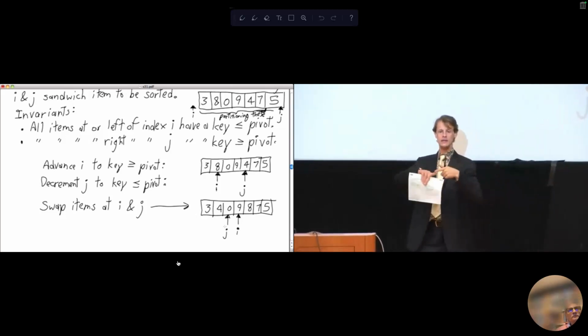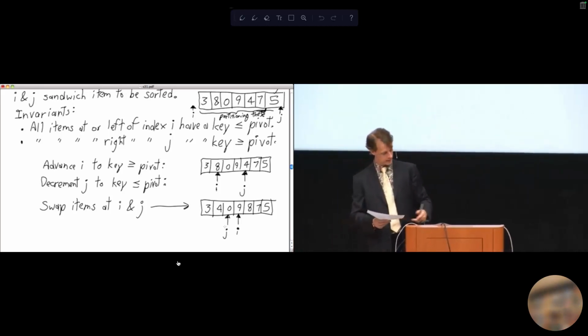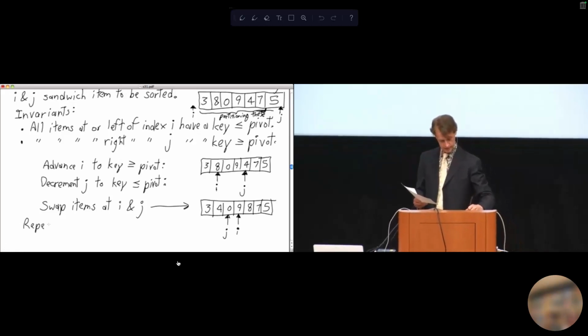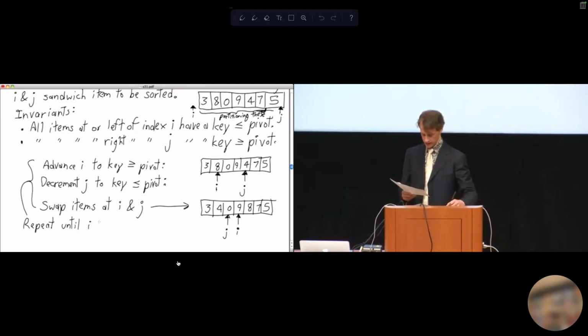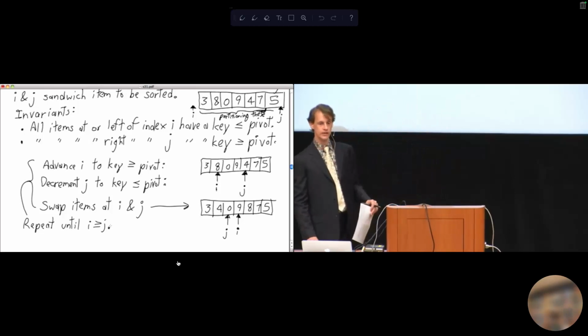When i and j meet in the middle, that means we don't have to do any more swapping. So we're going to repeat this loop until i is greater than or equal to j, and then we stop. And when we have reached that point,